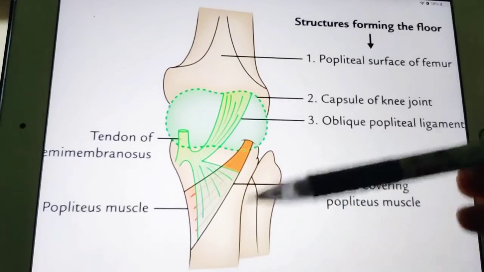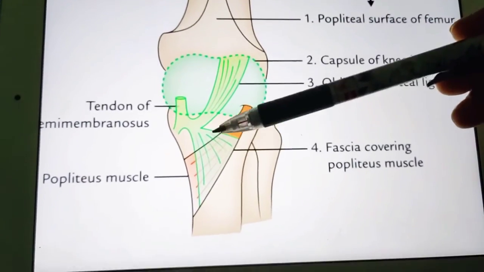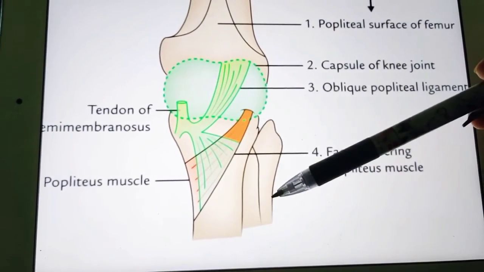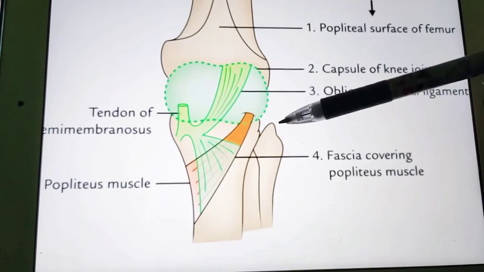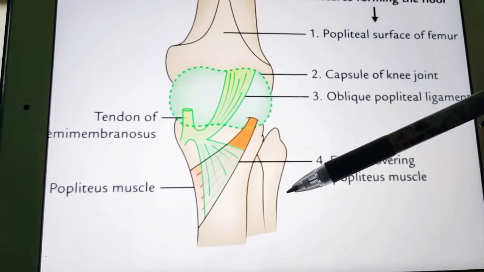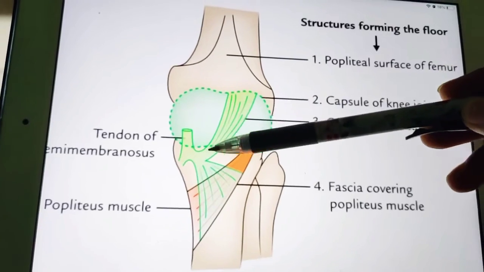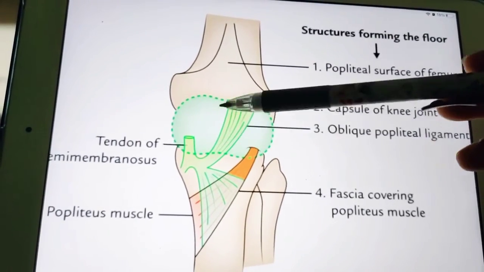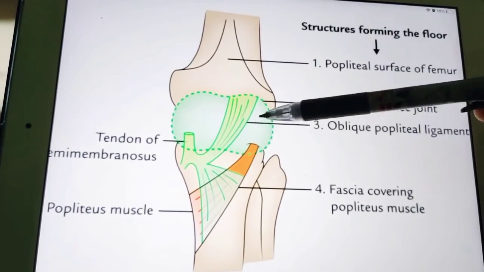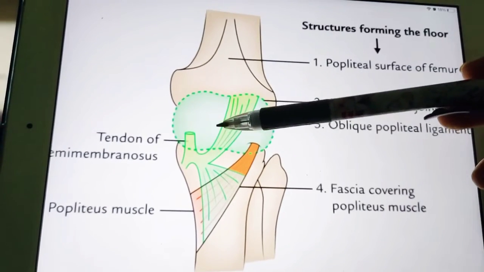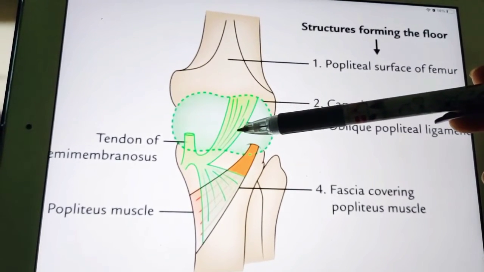You can see here, this is the femur bone, right? This is the tibia, this is the fibula. You know the tibia is the medial bone of your leg and fibula is your lateral bone, right? So on the back side here, this is the location of popliteal fossa. It is a diamond shaped depression, which is felt at the back of a semi-flexed knee joint, and